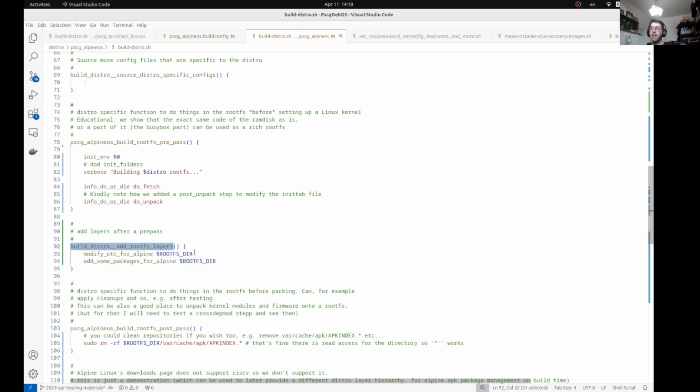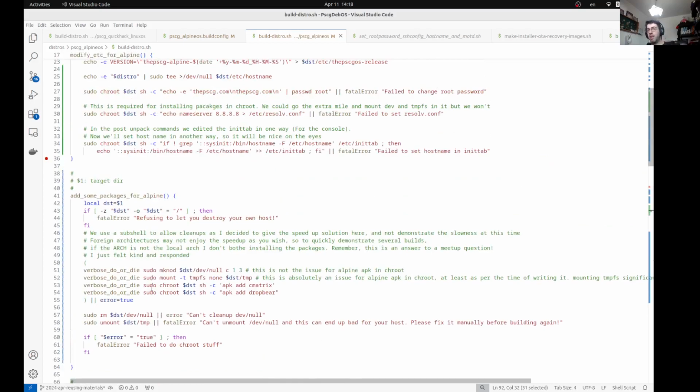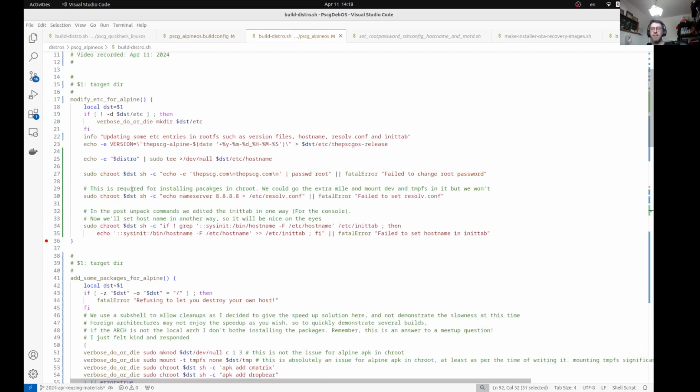So what we have in the add rootfs layers is as follows. If you get experienced with it, you could put it in some organized layers here, if you add more packages and so on, but this is an excellent reference for you because it's very concise. First thing we see is we're going to echo the version file, which is like our PscgOS release file. We're going to set the host name to the distro. This is why we had Alpine OS. We're going to set the password. And in order for us to be able to install packages, we're going to set a name server,